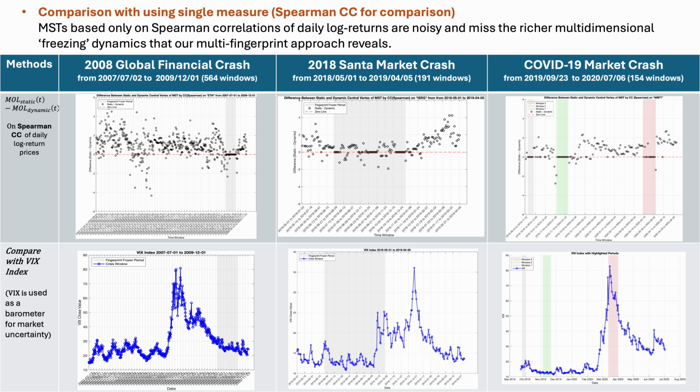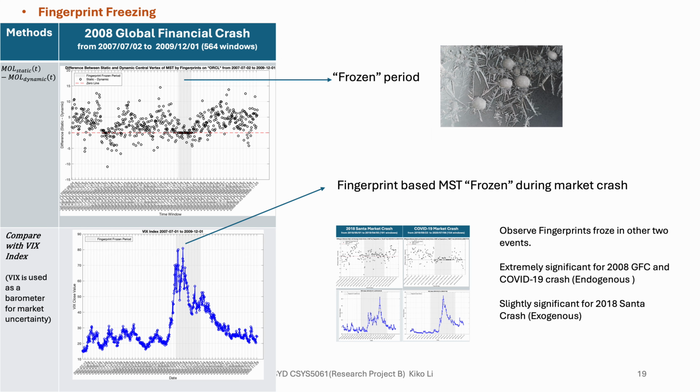This might happen because a single correlation coefficient captures multi-dimensional dynamics and is easy to disturb by noise. Now back to the fingerprints. This convergence in the network structure reminds me how water freezes into ice. Likewise, when markets are under extreme stress, the high-dimensional fingerprints of asset behavior seem to freeze, locking the minimal spanning tree into one fixed structure. In this frozen stage, only the strongest relationships remain, just as only the strongest bonds hold molecules in an ice crystal.